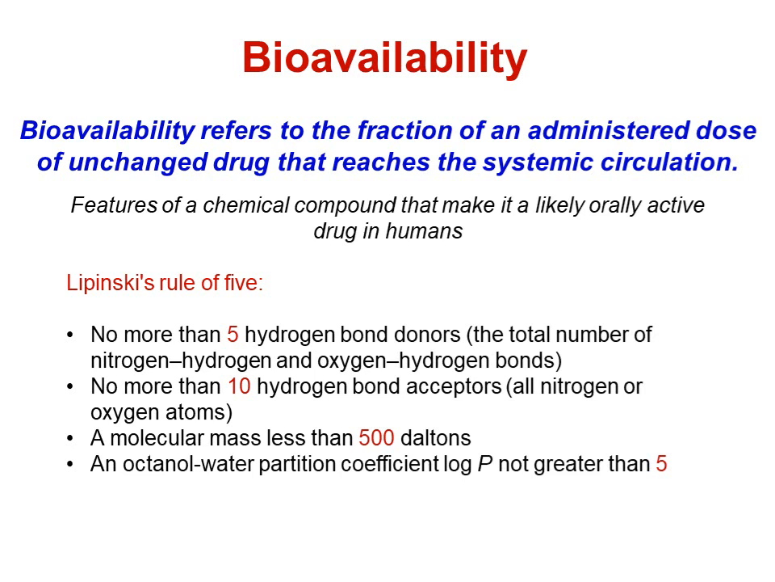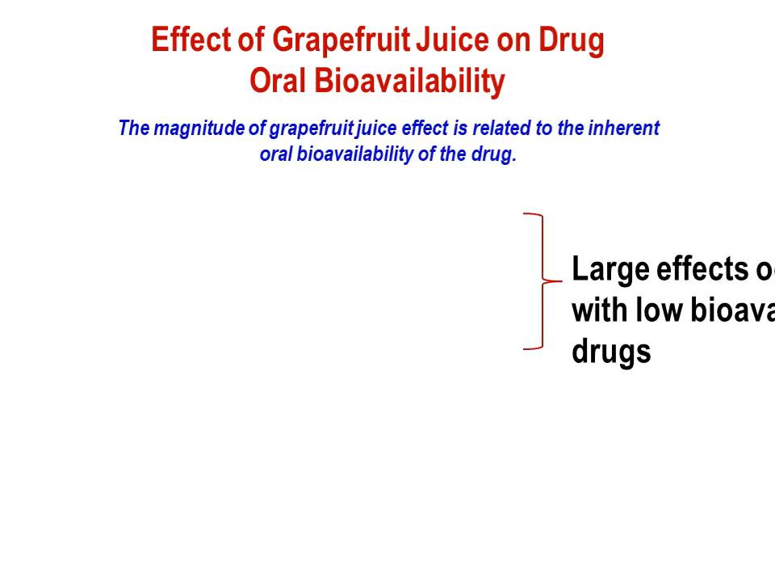Features of a chemical compound that make it likely an orally active drug in humans depend on the Lipinski rule of 5. So a drug is said to be orally active, that means a sufficient amount would reach the systemic blood, based on this Lipinski rule of 5, which is: it should not have more than 5 hydrogen bond donors, not more than 10 hydrogen bond acceptors. Molecular weight should be less than 500 daltons. Octanol water partition coefficient should not be greater than